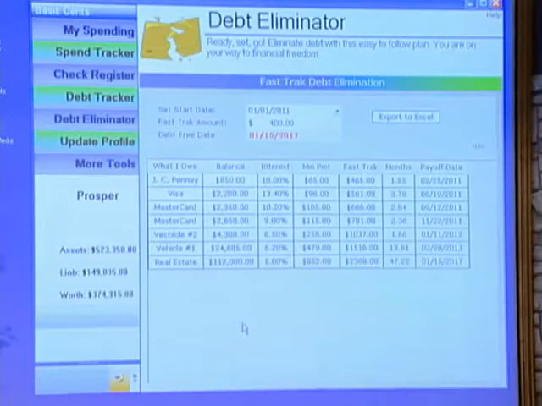Now watch this. Up here at the top is the start date we're going to get out of debt. Let me tell you